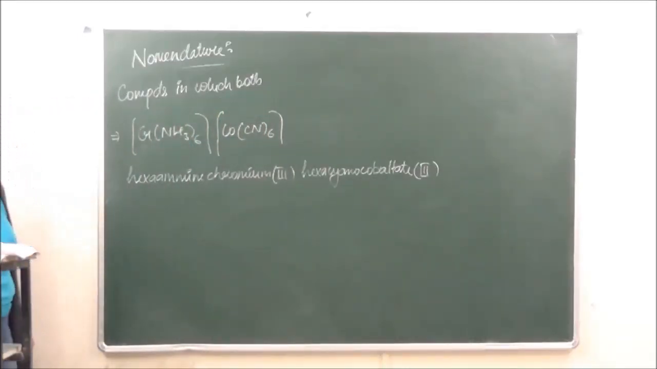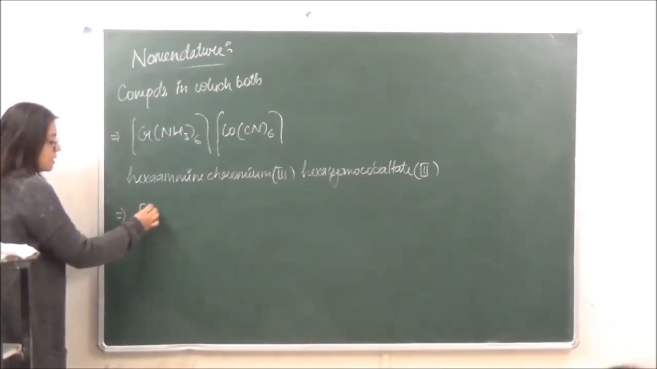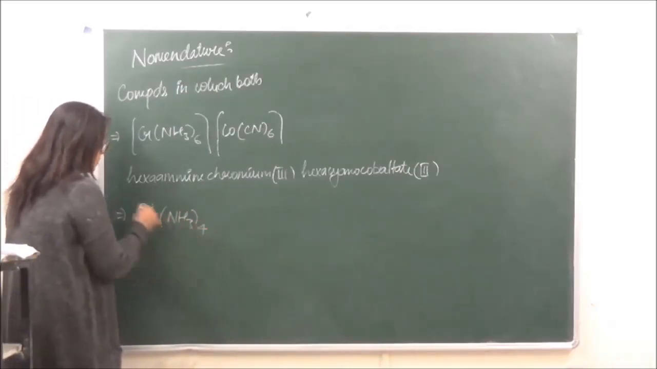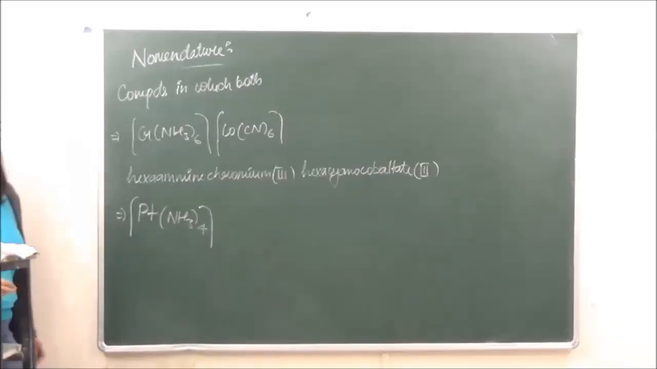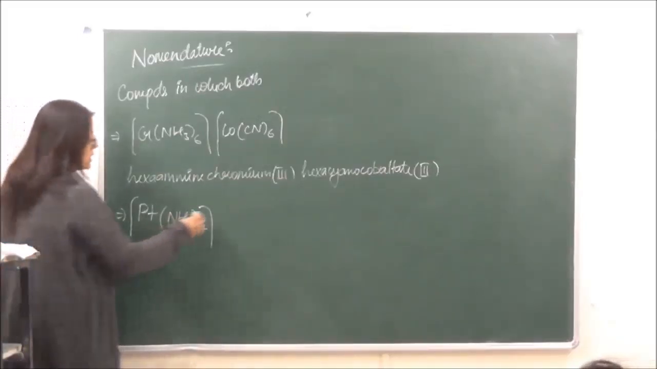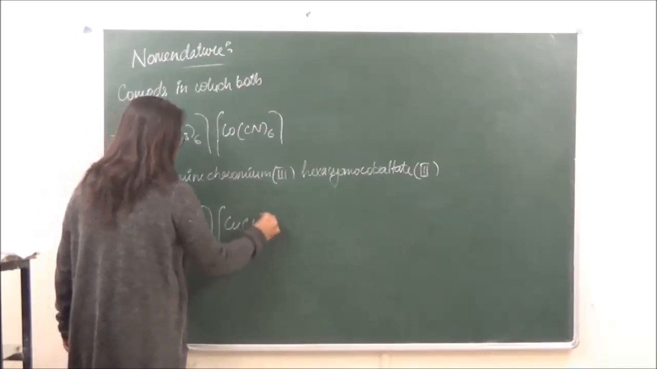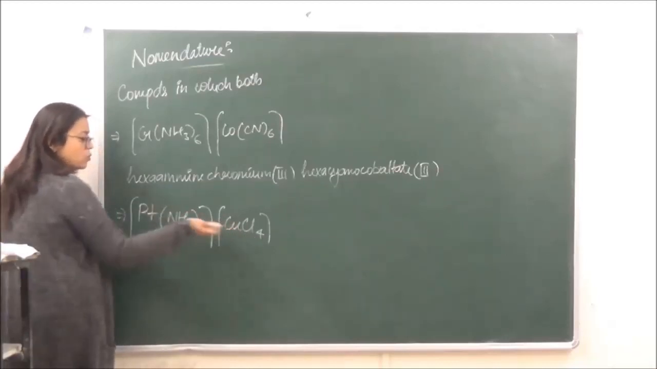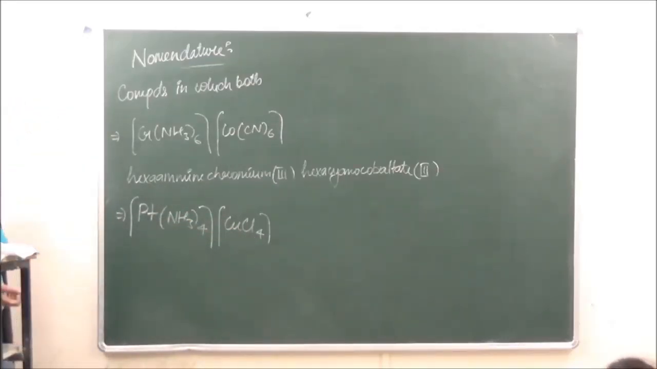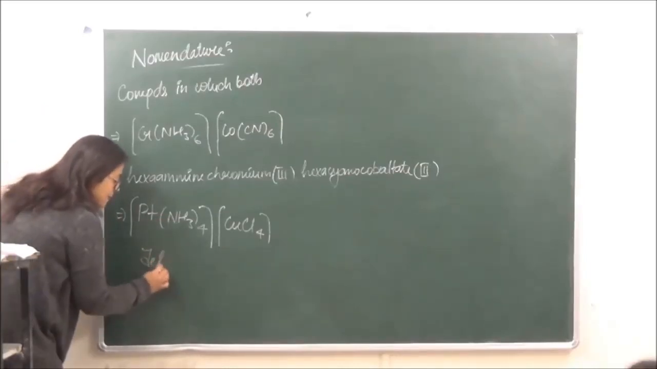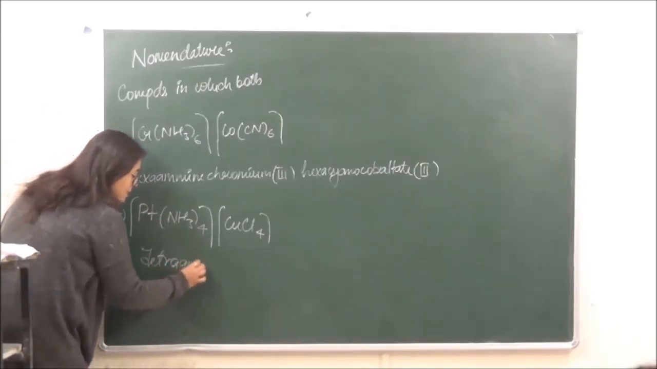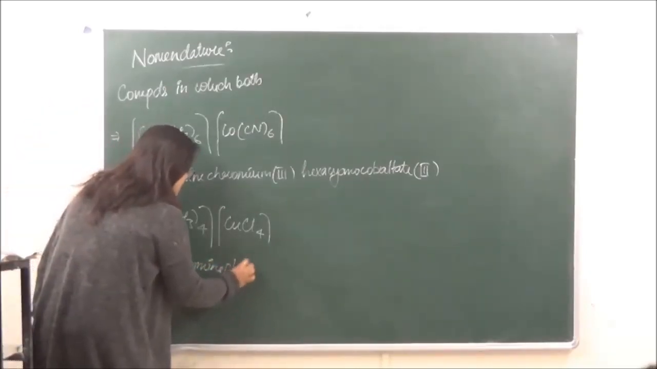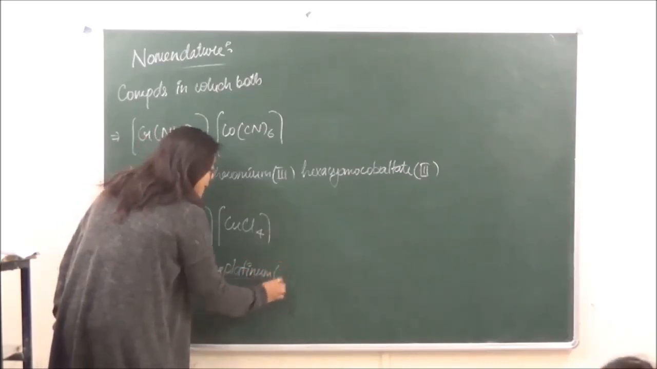Let's take another example over here. We are taking platinum (NH3)4, right? And we have CuCl4. So how will you name this? First of all, the oxidation state: here the total will be 4, so 2 for this one and 2 for this one. Okay? So what are we going to get over here? We have tetraammine platinum(2)